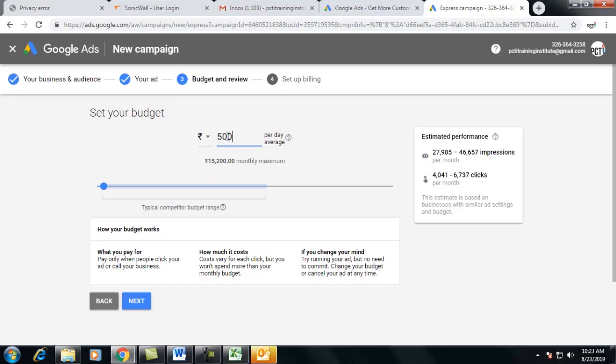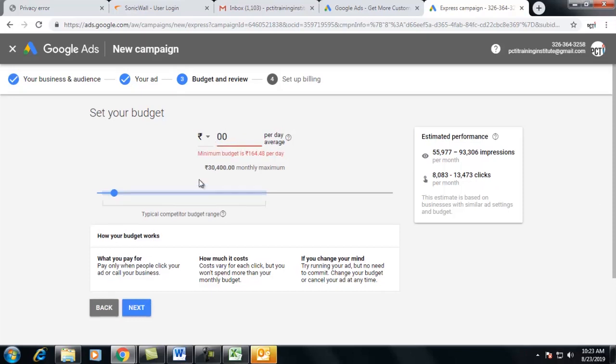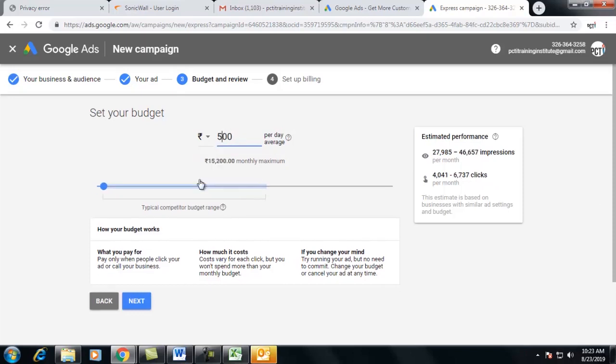If I increase this value to, let's say, 1000, the estimated performance changes. As you are in the learning stage, I suggest you go for only 500 rupees.